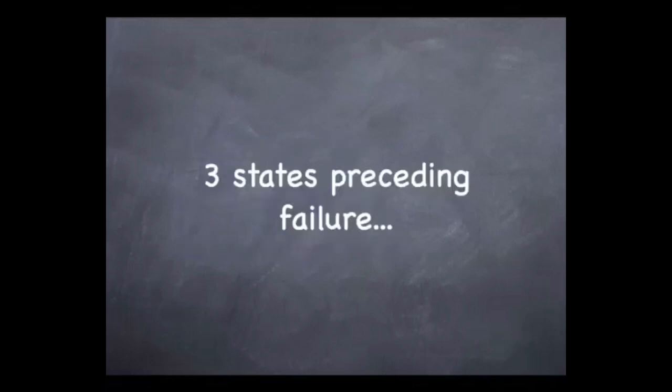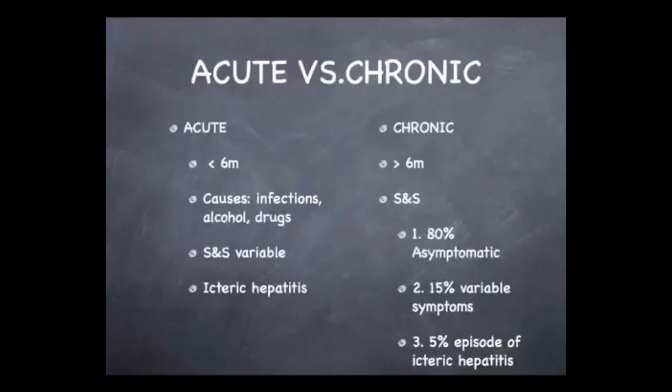As I've already alluded to, there are a number of states that precede hepatic failure, and I'm now going to talk about 3 of them. These are acute liver disease, chronic liver disease, and cirrhosis. So the 6-month line is really the cut-off between acute liver disease and chronic liver disease. So in acute, the liver damage has completely resolved within 6 months, while in chronic it persists greater than 6